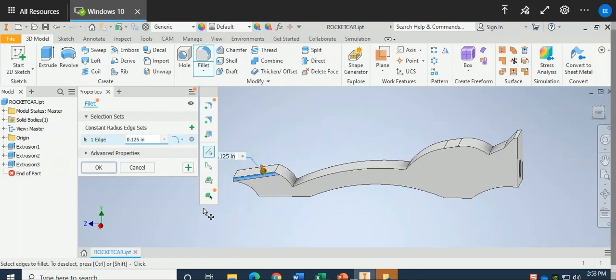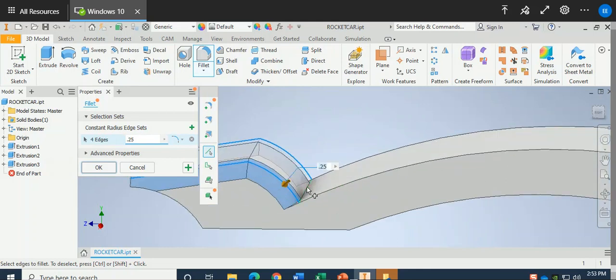For example, when you click on it, 0.125. 0.125 is 1/8 of an inch fillet, and it's not much. So maybe increase it to maybe 0.25, perhaps, okay? And then go with that, if you can, to see if you could make it more aerodynamic as much as possible,